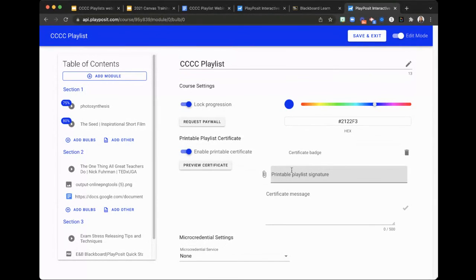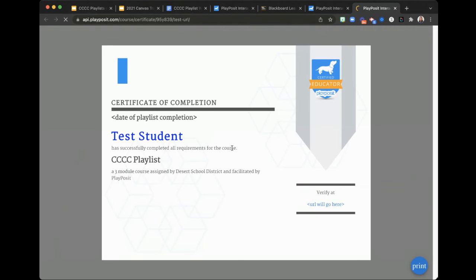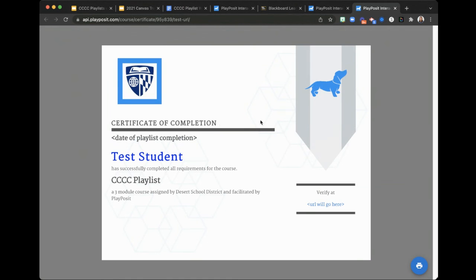Or sorry, in this certificate, you can also upload your own signature if that is necessary for your program too. And last, if there is any additional text that will be helpful for learners to have, you can go ahead and enter some of your own language as well. Go ahead and preview the certificate at any point as well, and you can take a look at exactly what that playlist is going to look like for learners. This pulled in the logo that was matching the branding of the account I was in, and all of the other information that you would want to include.